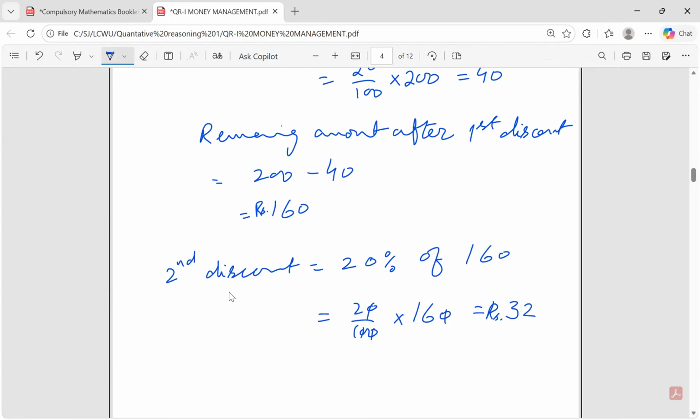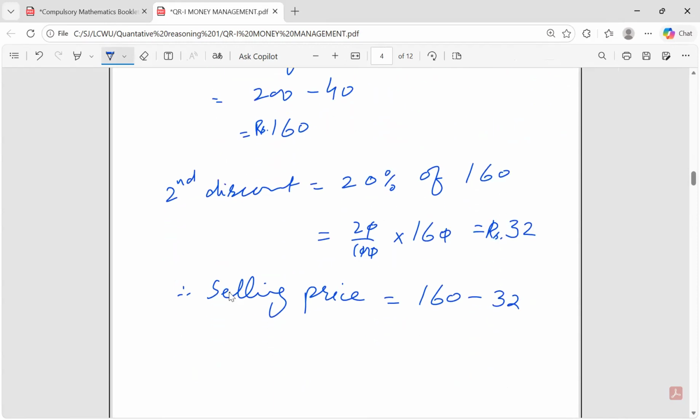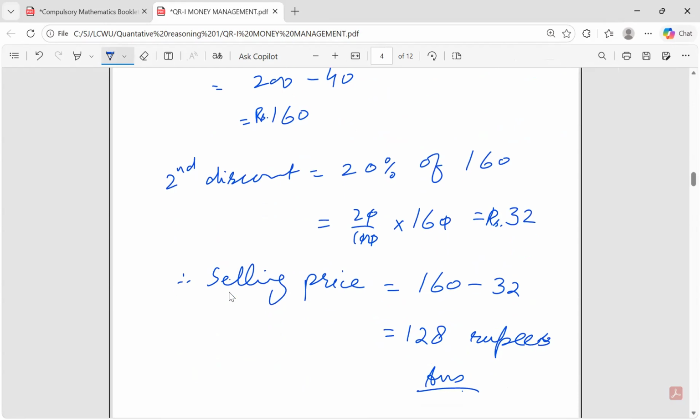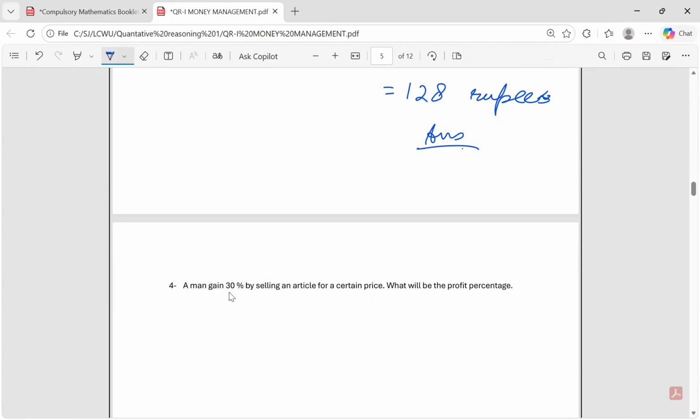So the final selling price is equal to the difference, 160 minus 32 rupees. If you subtract it, you will have 128 rupees. That is the final price. So that is the answer. I hope this question is clear to you, because you were given 2 successive discounts, so you have offered 2 successive discounts on the mark price. Next question is,